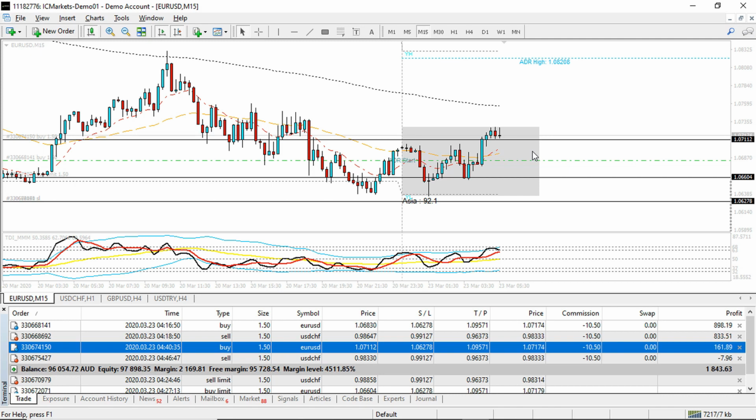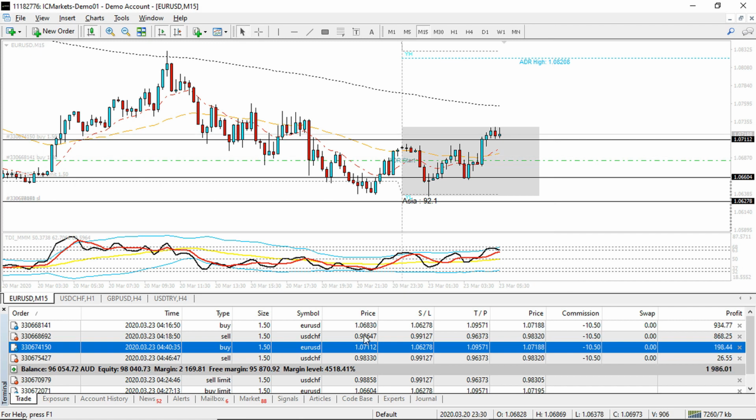So for the initial instant order we placed, which we entered at this point, somewhere around 1.06830, we could set our stop loss above our entry price. That is, we could break even now and put our stop loss at